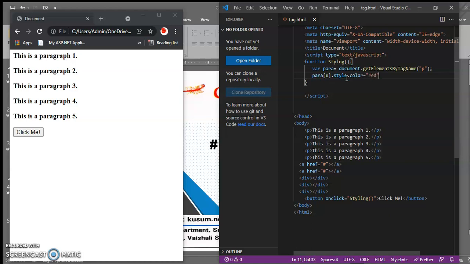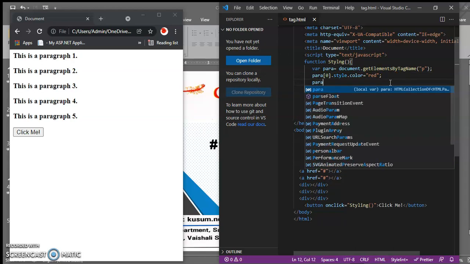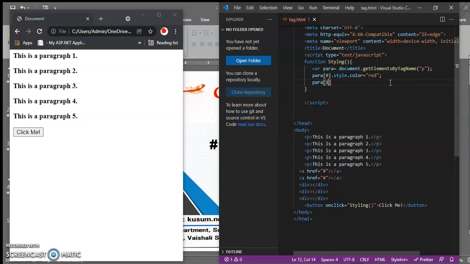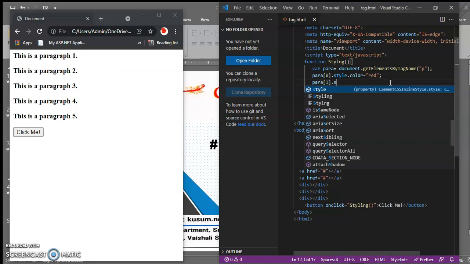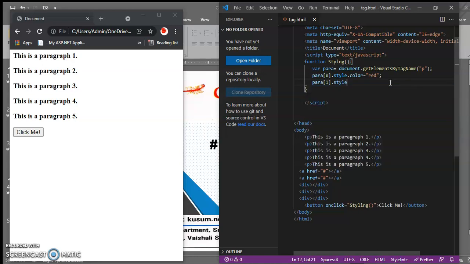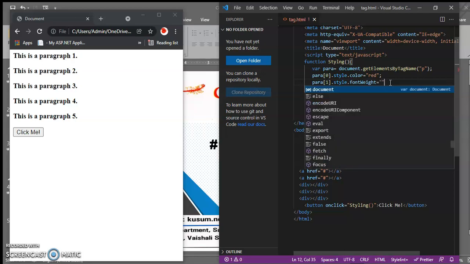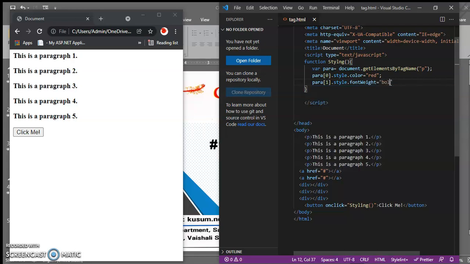For the first line it will give the font color red, and for the second line you will use para 1 dot style dot fontWeight equal to, suppose, bold.